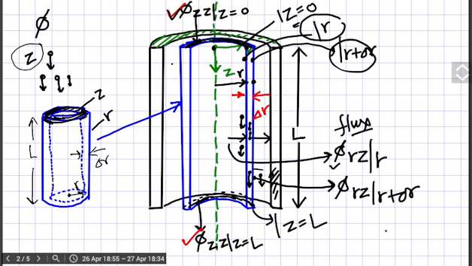Actually these are momentum flux, and we are interested in rate of momentum, so we will multiply it by the area. So what is the area of this inner curved surface? It is 2 pi r, cylindrical surface 2 pi r, and multiplied by the length L. So very simple, and the same way here you can multiply it by 2 pi r into L. You can neglect the delta R, that is very small, so both area you can approximate to be the same, and here